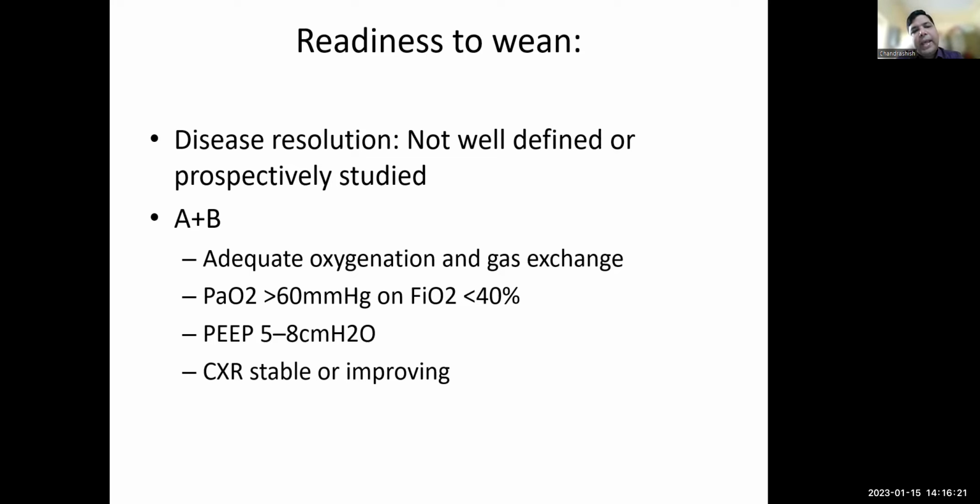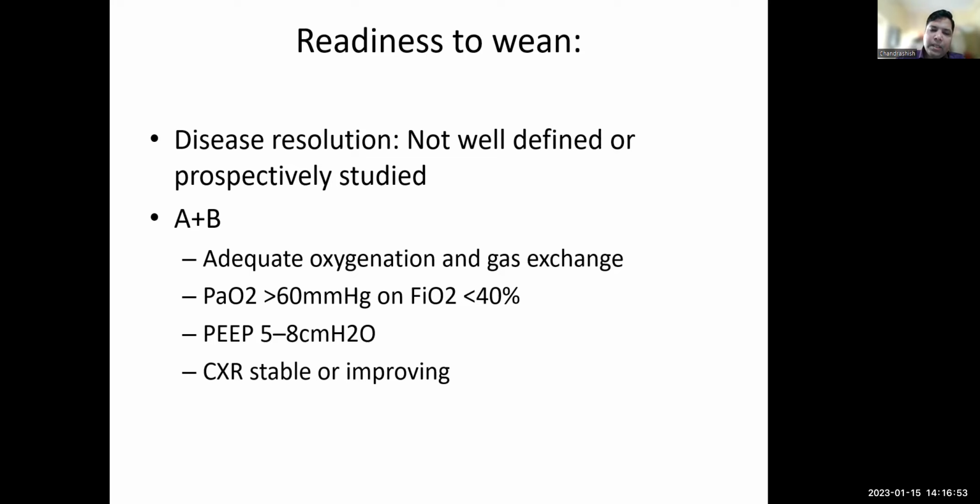Next, let's talk about the airway and breathing. It is imperative to make sure that the oxygenation and gas exchange has improved before we decide to take somebody off the ventilator. One of the objective ways of measuring it is to do a blood gas and see that the partial pressure of oxygen is more than 60 millimeters of mercury and the FiO2 is less than or equal to